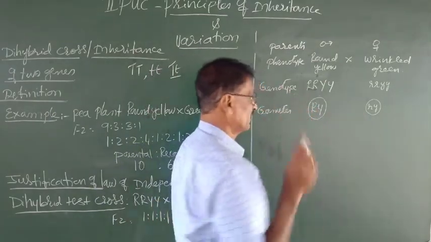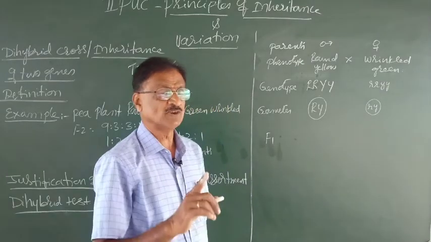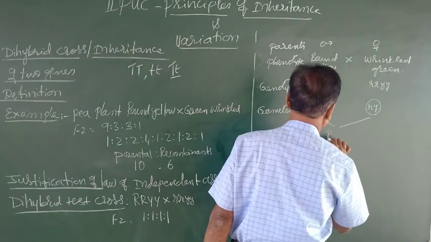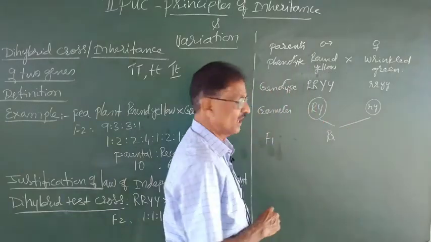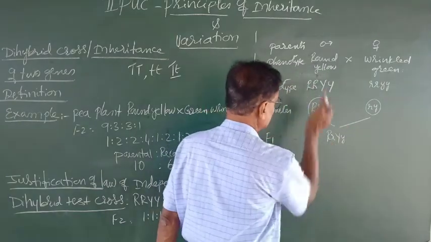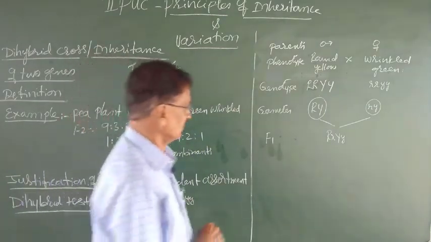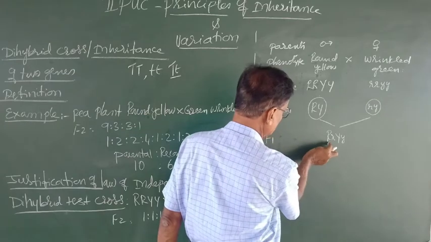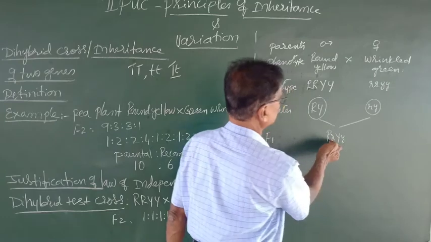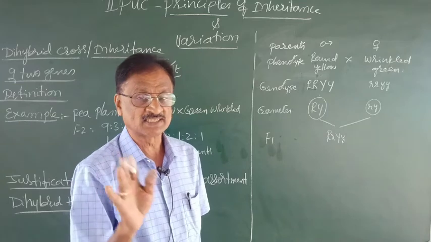Now these are the gametes. Now the generation we obtain here is the F1 generation. Whenever this fuses with this one, we are going to get capital R, small r, capital Y, small y like this. As the round yellow is dominant over the green wrinkled, here the capital R is present and capital Y is present, thereby here the wrinkled shape and the green color fail to express because they are recessive.